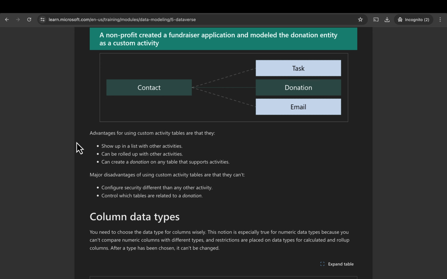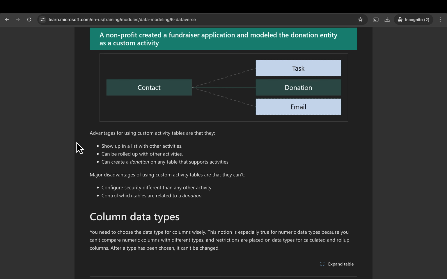Yes/no data type. Ensure that you never need more choices. File and image. Allows you to store files and images inline in Dataverse. Customer data type can be either contact or account. Lookup or choice. Make sure that you choose the best one. Date, time. Make sure that you choose the appropriate behavior. Numeric. Many to choose from, so choose wisely.